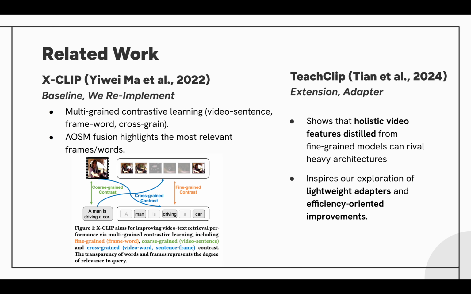So, like mentioned before, here we have some related work. We have X-CLIP, which is a multi-grain contrastive learning, such as it has video, sentence, frame, word, as well as other cross-grain approaches. It fuses all these together in this module it calls the AOSM, which highlights the most relevant